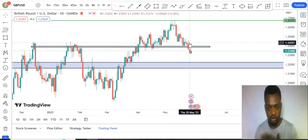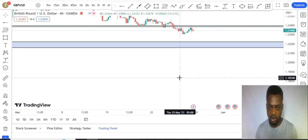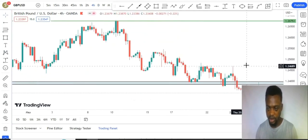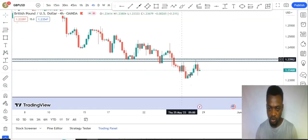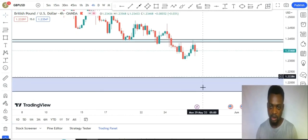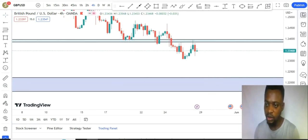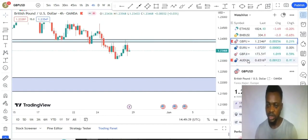You can see the bullish candles trying to fight, just like EU. So this is looking almost like EU. There might be some struggle range before we get the drop we seek. But this guy's not my fan. I'm not a fan of this dude actually. So the next guy is